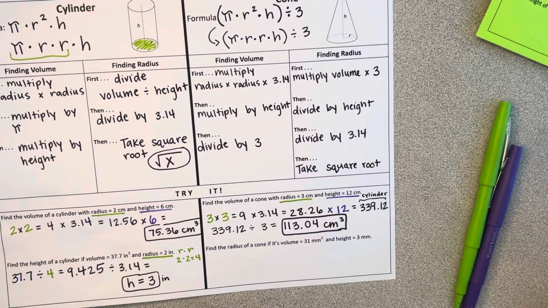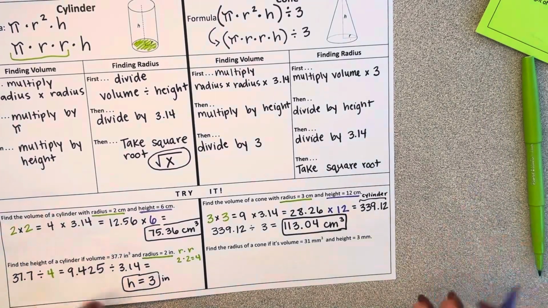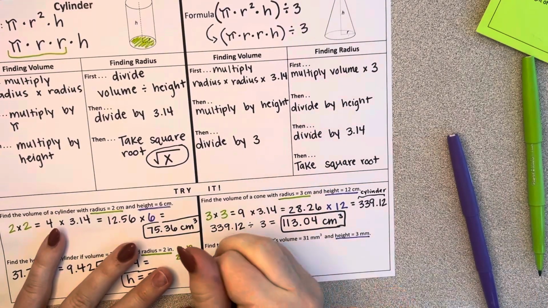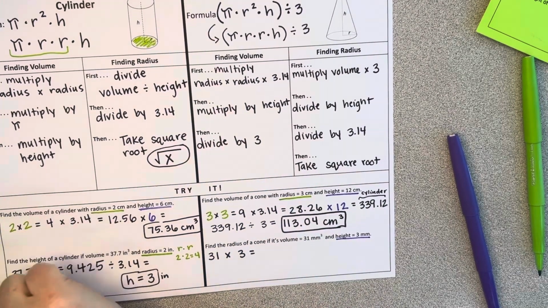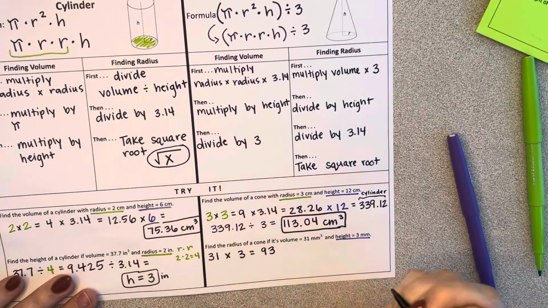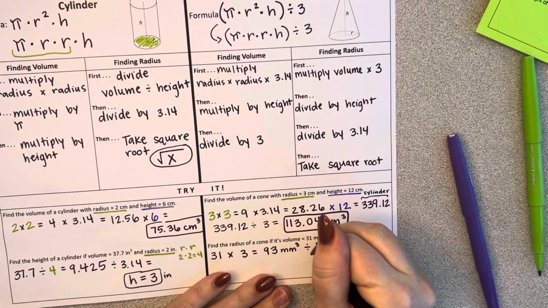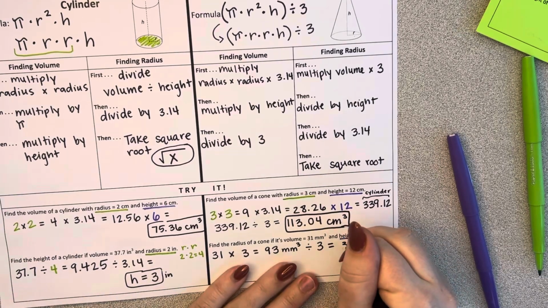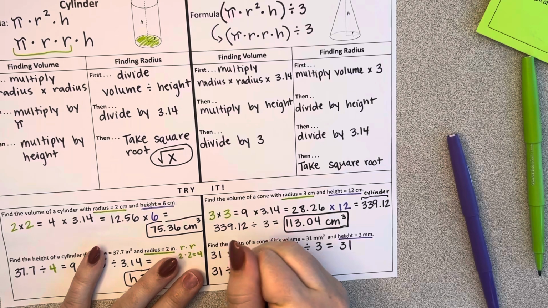All right, next one, find the radius of a cone if its volume equals 31 millimeters cubed and it has a height of 3 millimeters. So I'm just gonna highlight height there. So I have the volume, so I'm gonna take 31 times 3, which is 93 millimeters cubed. Then I'm gonna divide by the height. So I'm gonna divide that by 3, which actually will get me right back to where I started, which is 31. Then I'm gonna take 31 divided by 3.14,